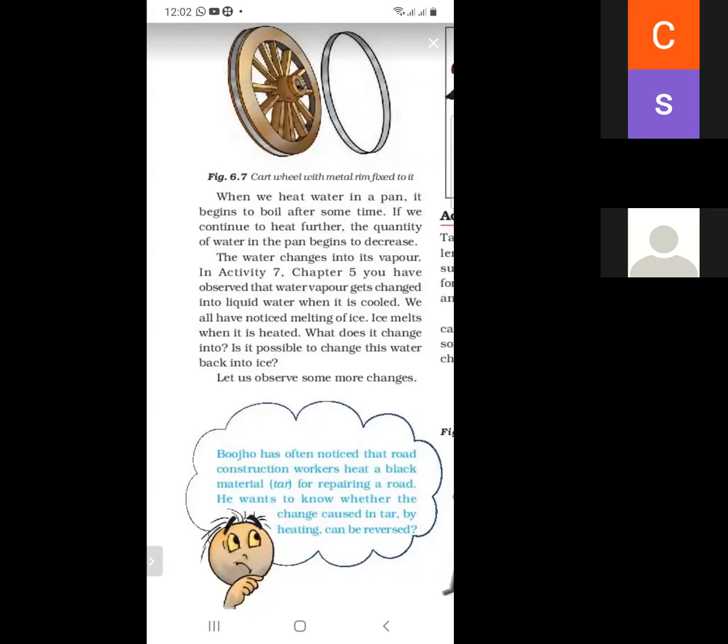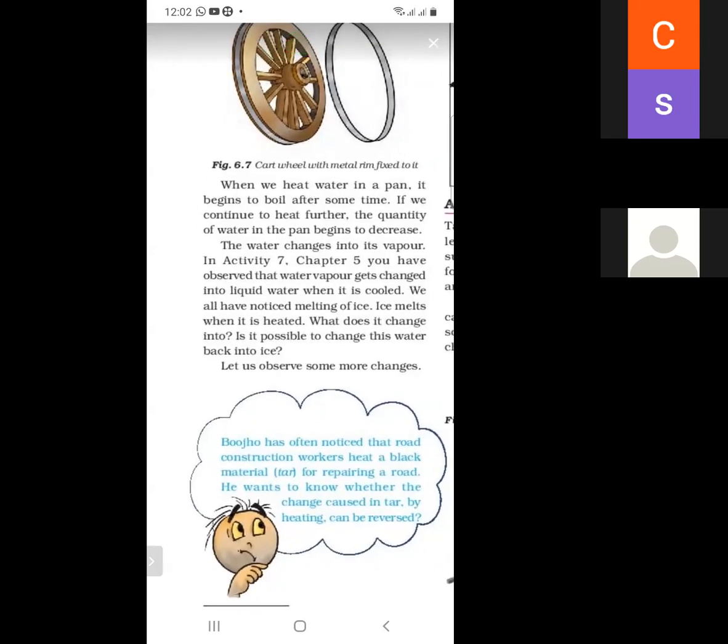What is the black material? It is tar and it is used for repairing a road. He wants to know whether the change caused in the tar by heating it can be reversed or not.